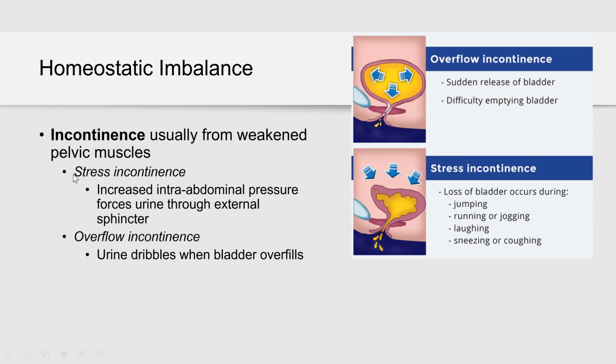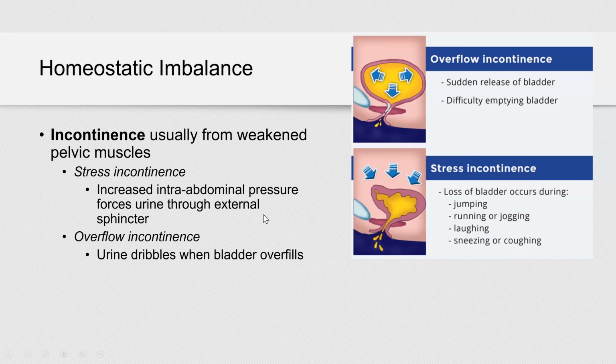So there are 2 types of incontinence: stress incontinence and overflow incontinence. Stress is when your body is under some physical stress, like jumping, running, jogging, laughing, sneezing, coughing, right? Every time you have this action, if your sphincter is not closed completely, you might have some drips of urine. Overflow is when there is a sudden release of the bladder